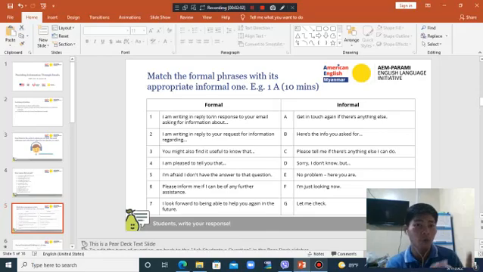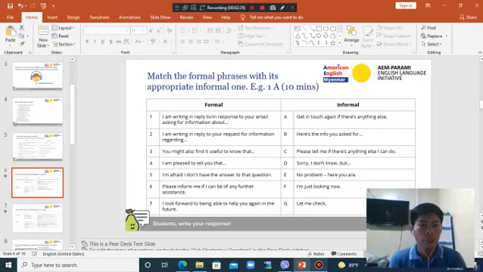You read the formal column, which has 7 sentences, and you match each sentence to the best or most appropriate pair in informal. How do you say that particular formal sentence informally? All right, you can do the matching at your own convenient time.